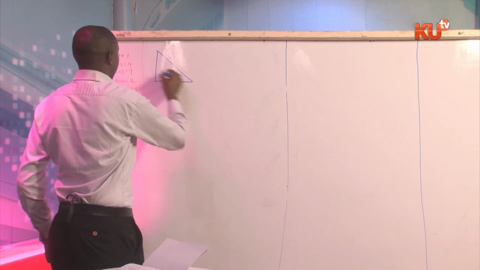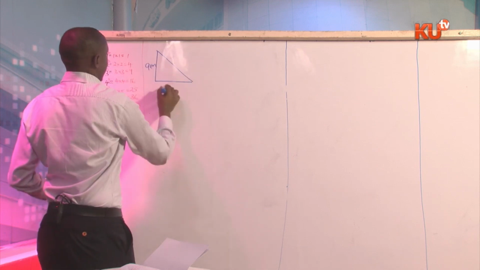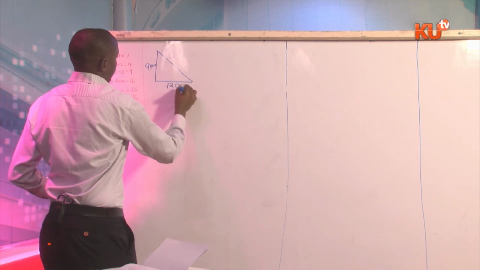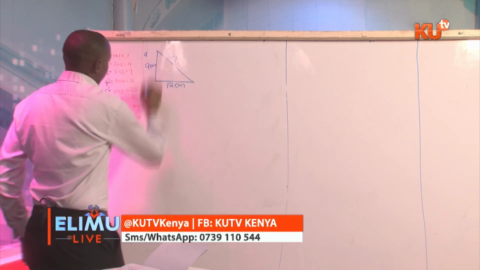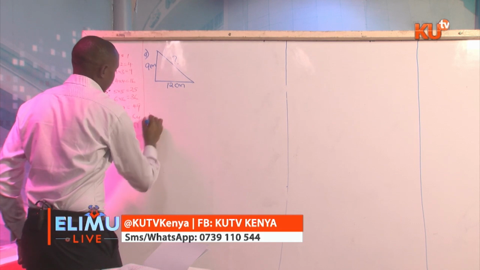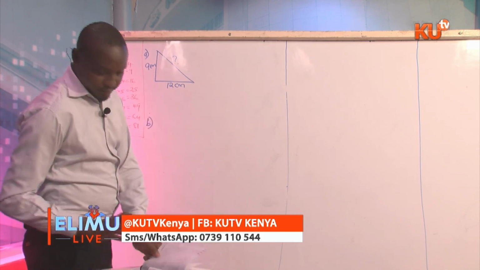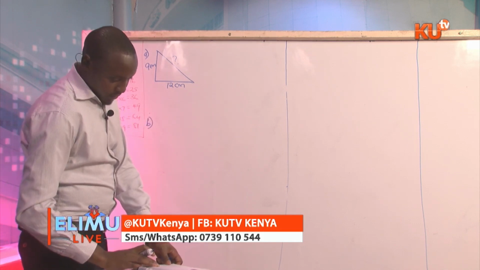A is 9 centimeters. B is 12 centimeters, or can either be, and this is missing. So this is our A. Our B will be